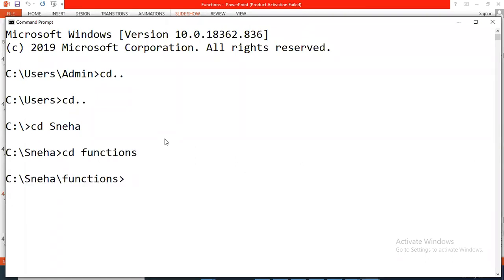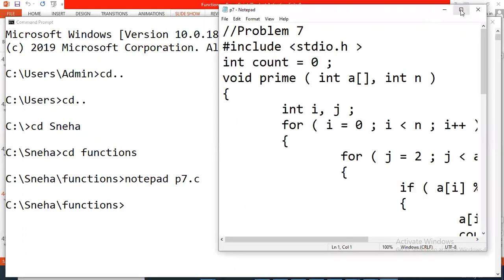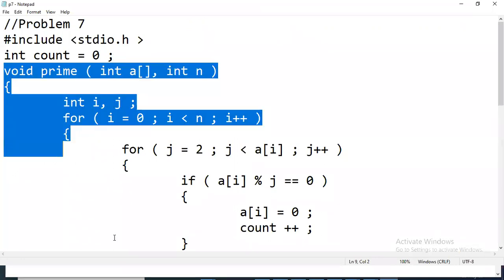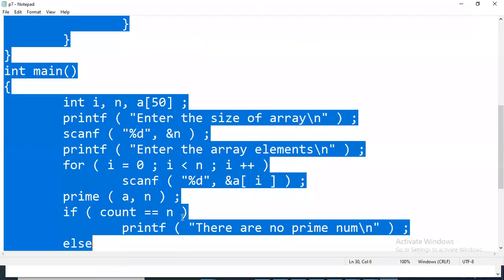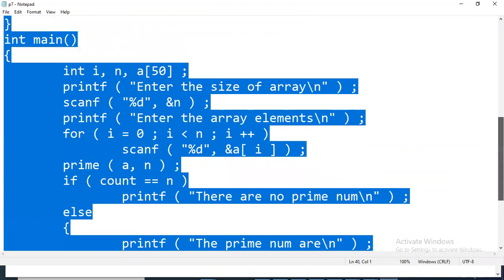This is problem 7, right? So here we have the same problem. This is a prime function, and then we have the main function. Exactly the same program. Let's execute this.